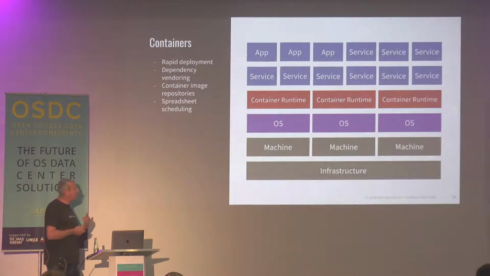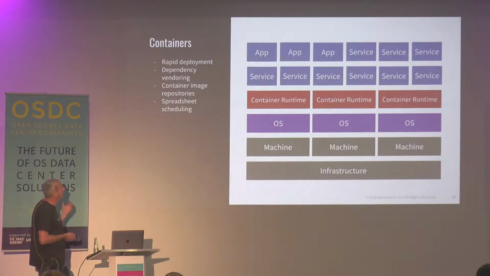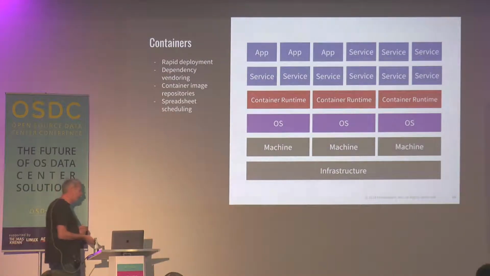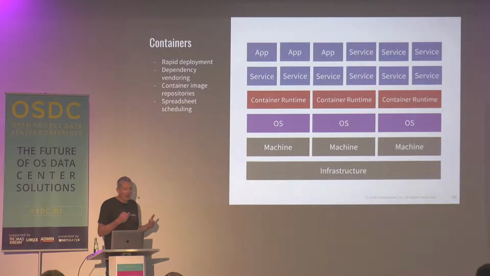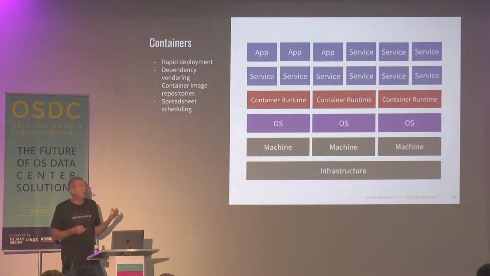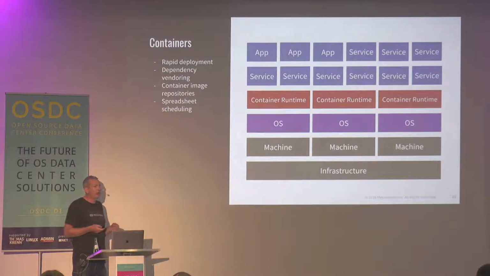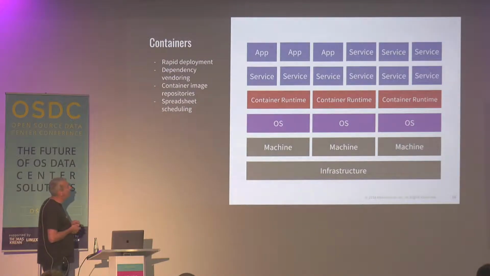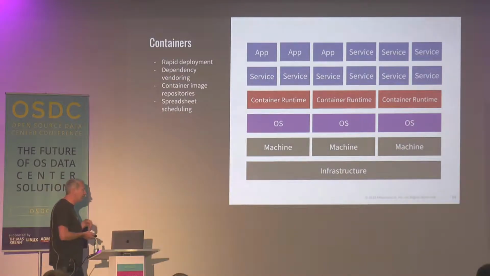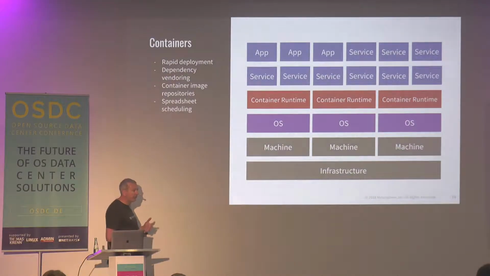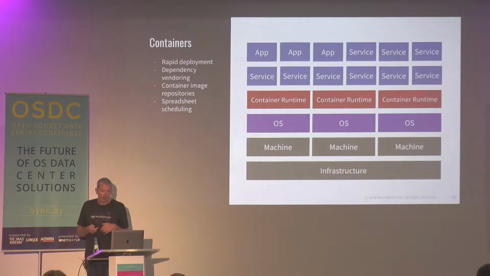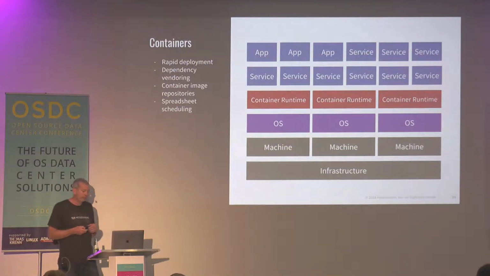And so at this point, we've got a whole bunch of benefits from containers. We can deploy them really rapidly. They start up very fast. We've solved our dependency problems somewhat in that we're now packaging all of our libraries and dependencies together with our application. And we get benefits of things like image repositories, so we don't need to create everything from scratch because we can pull stuff in from repositories, we can build on other people's work.